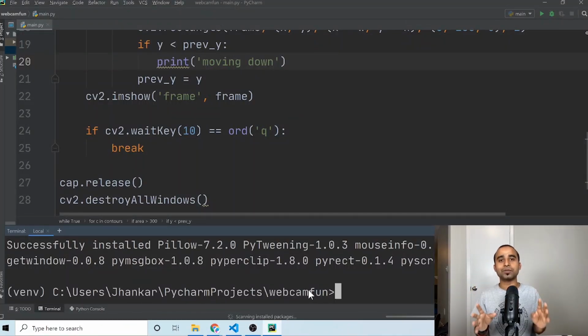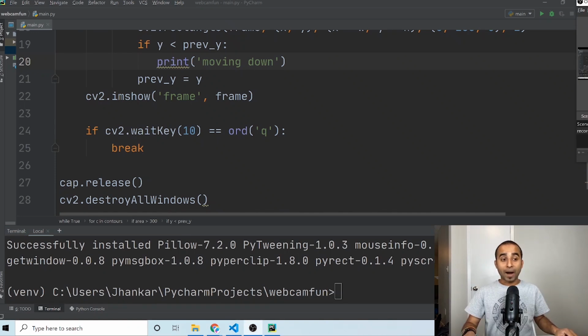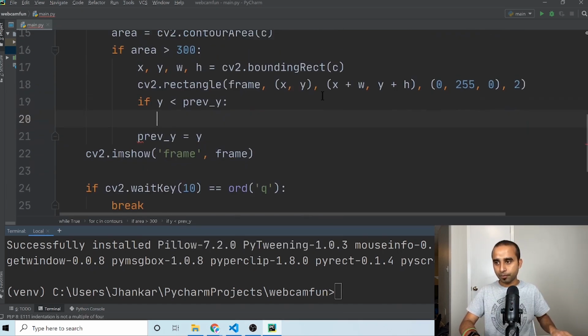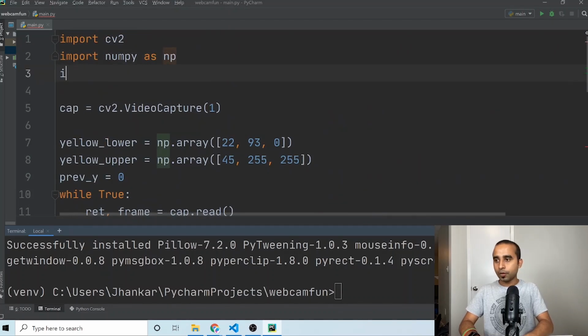AutoGui is an awesome thing that helps you. You can do any kind of keyboard or mouse action. So in our case, what we will do, we will first import AutoGui. So here we will import